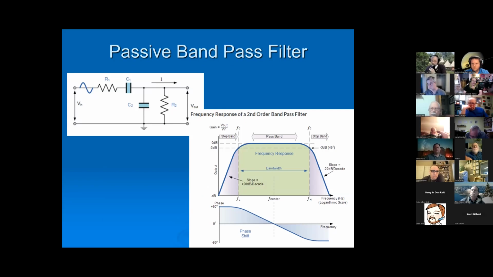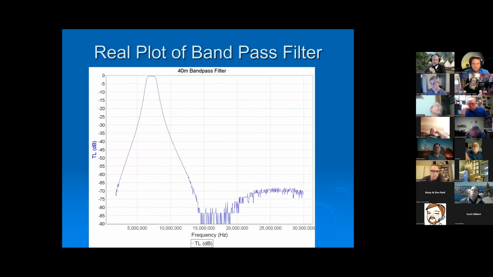I'm going to skip this one here. So let's get to some really good, interesting stuff. Here's a picture of a bandpass filter. So this is using a